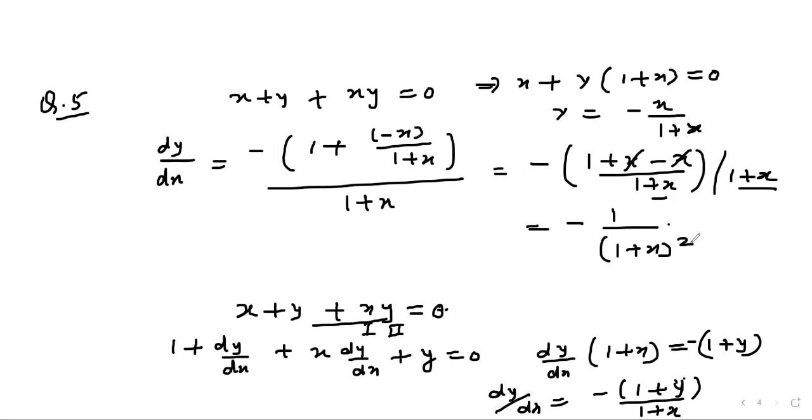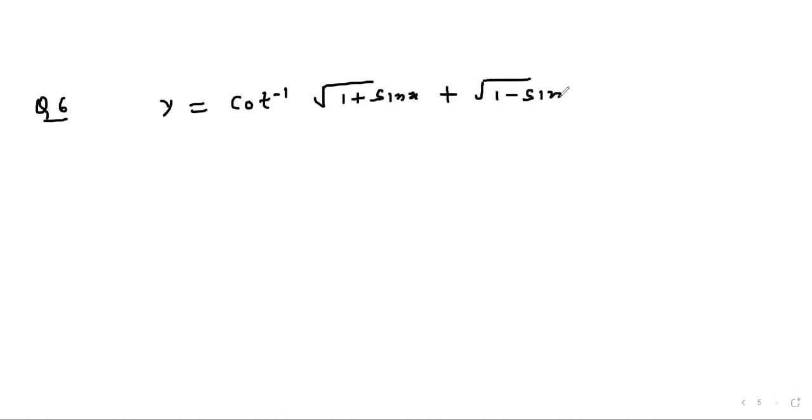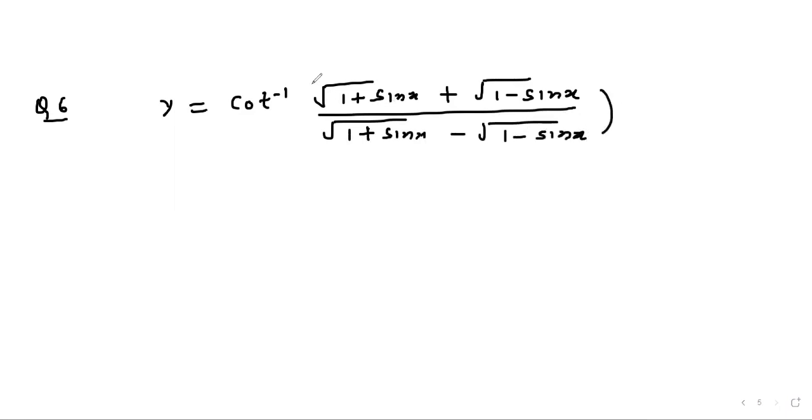Now, let's see next question. Question number 6. We are given y equal to cot inverse of (root of 1 plus sine x plus root of 1 minus sine x) divided by (root of 1 plus sine x minus root of 1 minus sine x). Now what we can do is we can